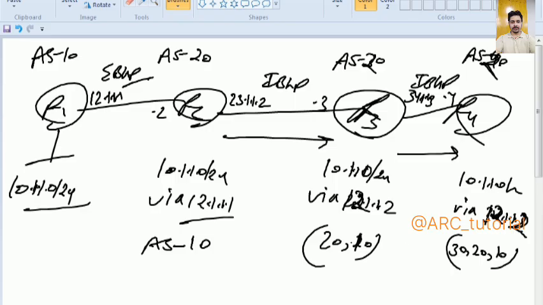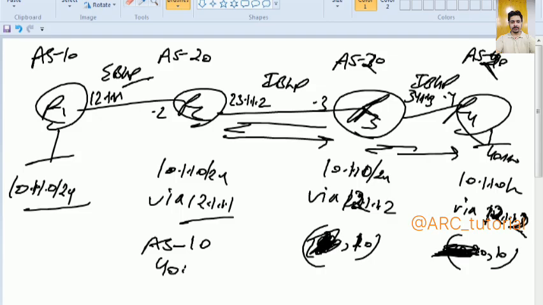And this time the AS will be only 10, because you are using only two ASs here, AS 10 and 20 only. But remember that whenever you give an update to your eBGP neighbor, you will always give that update after modifying its next hop address. Let's say you advertise something from R4, 40.1.1.0. It will give it to R3, it will give it to R2, and on R2 it will receive it in this manner: 40.1.1.0/24 is reachable via 34.1.1.4. But whenever R2 gives this update to R1, now it will say that you can reach 40.1.1.0/24 via